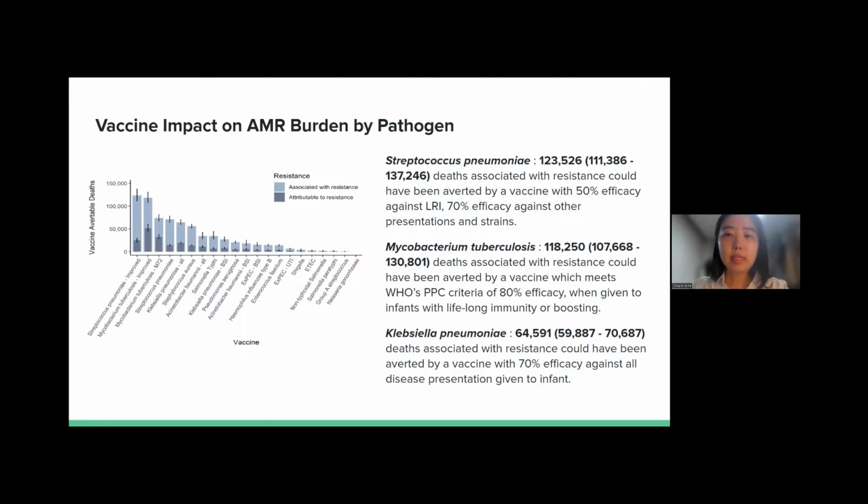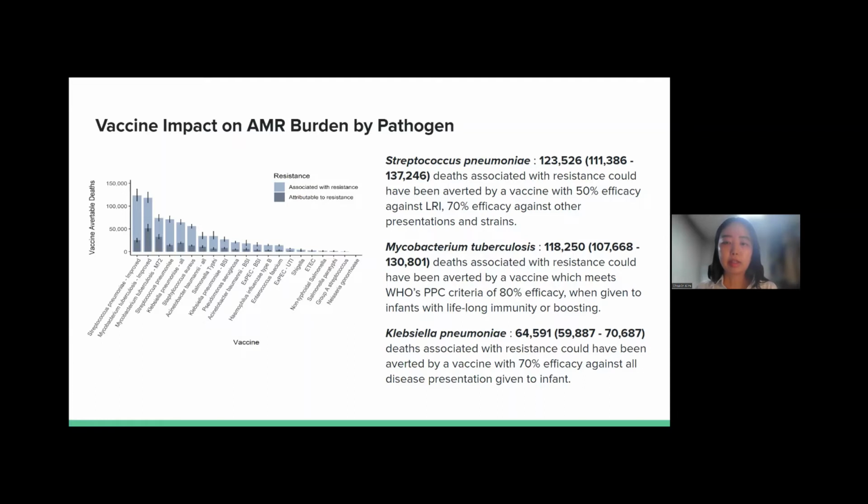So light blue means the avertable death associated with resistance, and dark blue means the avertable death attributable to resistance. And as an example, an improved vaccine against Streptococcus pneumoniae with 50% efficacy against lower respiratory infections and 70% efficacy against the central nervous system and cardiac infection could avert around 124,000 deaths associated with AMR